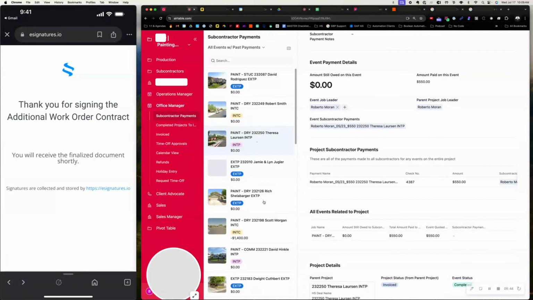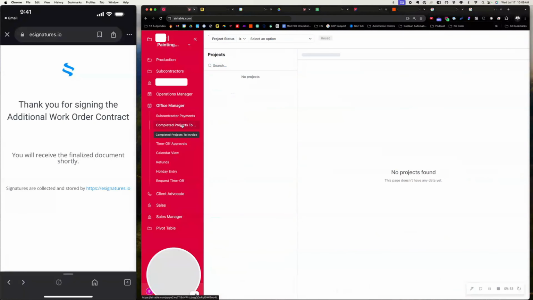So I can go see a record of all the subcontractor jobs that I have made payments on. They can see that. And then if I just want to look at all subcontractor events, I can do that as well. Anyway, there's so much more that I could show you, but from a high level, hopefully